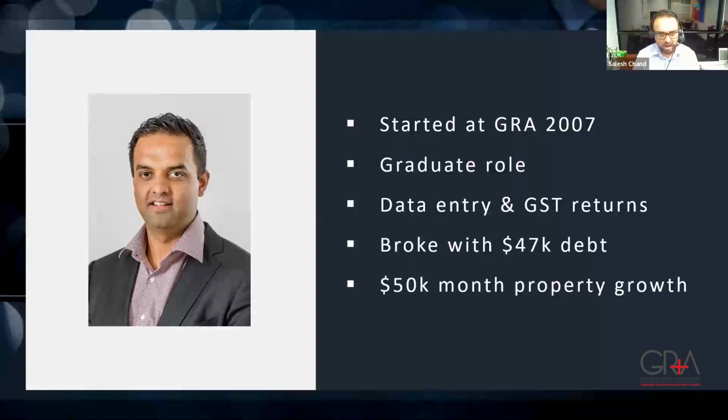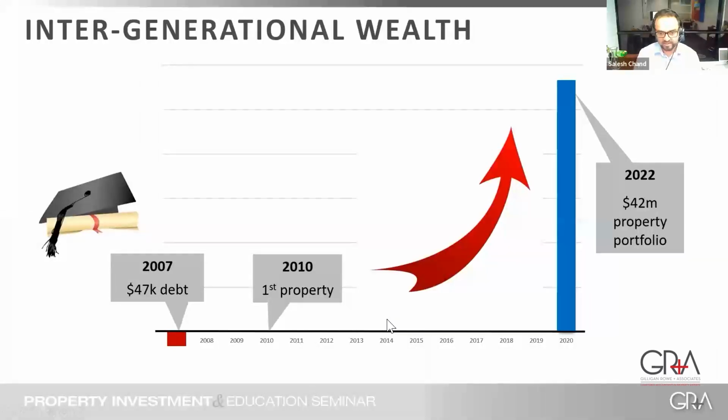And I love it. When the market went quiet, I started buying hard. The market's lifting up, but I'm still putting offers out every day. As I was presenting and came off, I went and put an offer on a property, and I put an offer on a property yesterday as well. I got it under contract. So here's how I started. In 2007, $47,000 worth of debt, and I was about 22 or 23. In 2010, I bought my first property. I started buying properties. 2010 was dead.